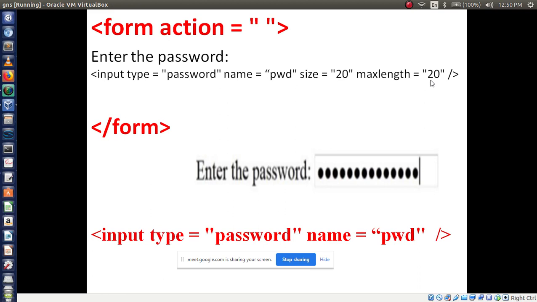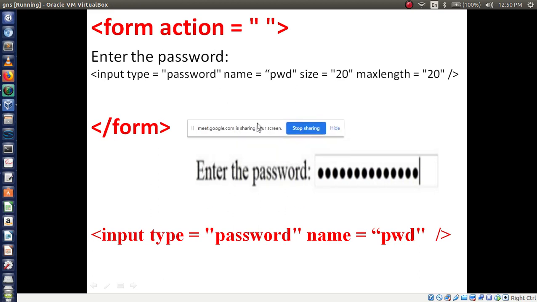Okay, done. So sir, we are finding remembering this very difficult. So in exam you just write this line. Below is displaying, right? Input type is equal to password, then name is equal to pwd. You can write this much also. Is that clear?